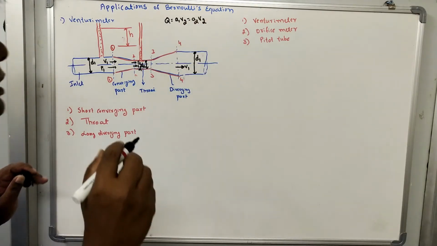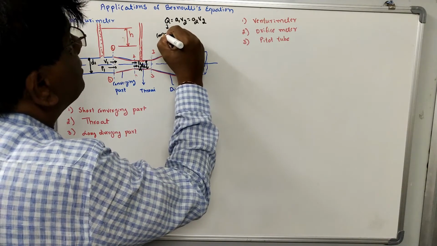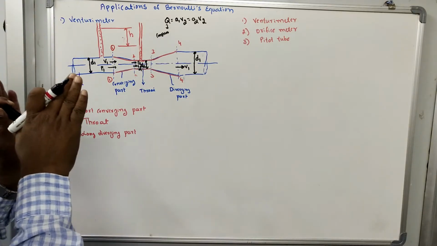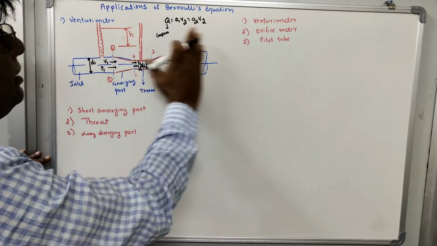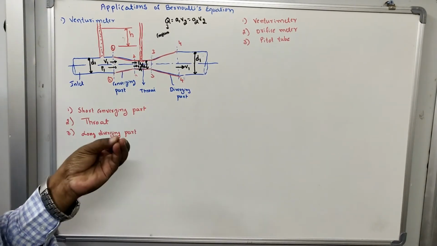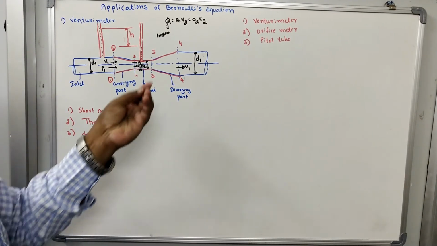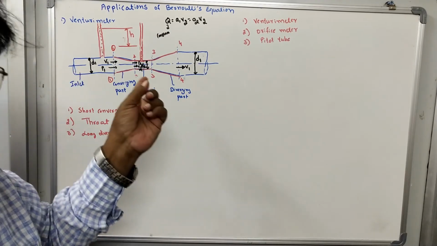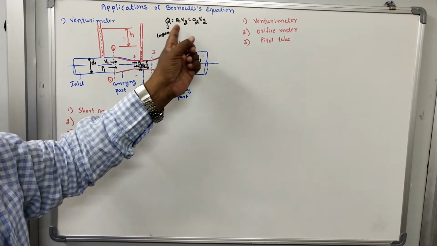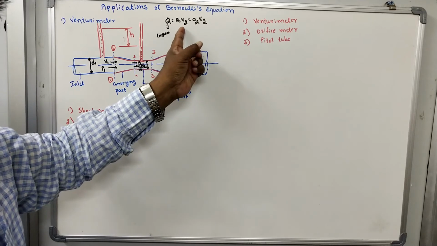That is, Q is constant; the rate of discharge of fluid flowing inside this pipe is constant. That is, if it is 5 meter cube per second, it remains 5 meter cube per second. So if the flow is continuous, as we have discussed, the continuity equation is to be satisfied. The continuity equation is Q is equal to A1 V1